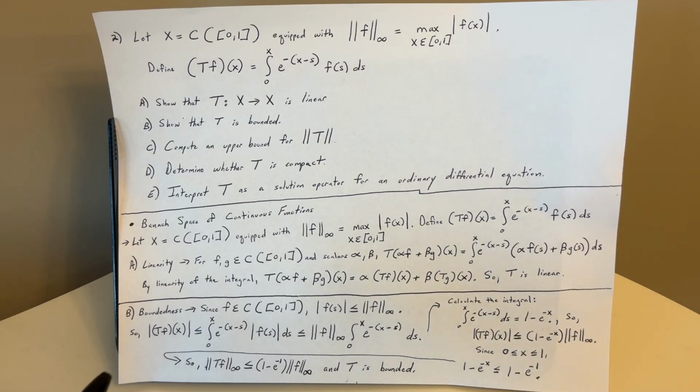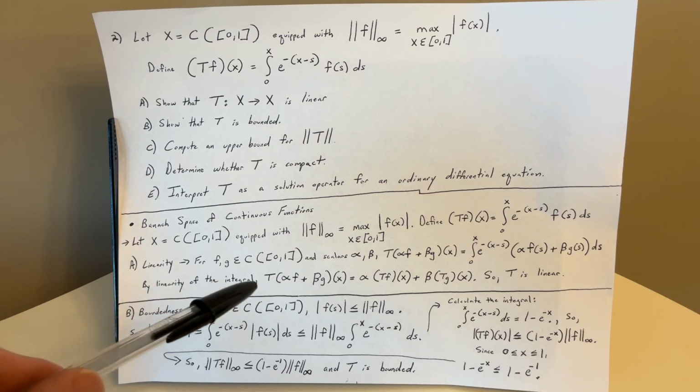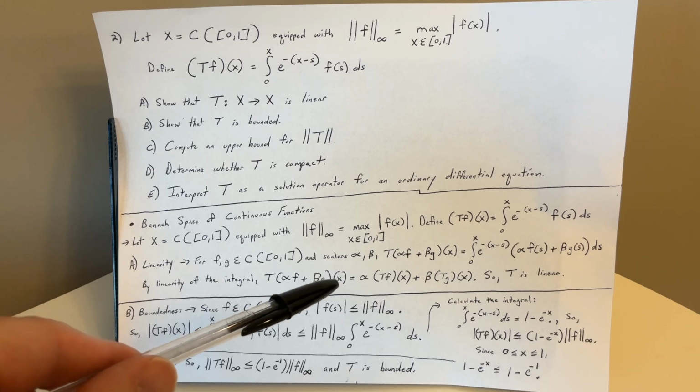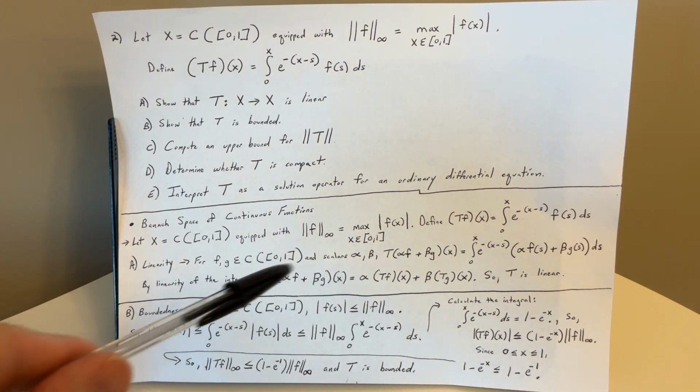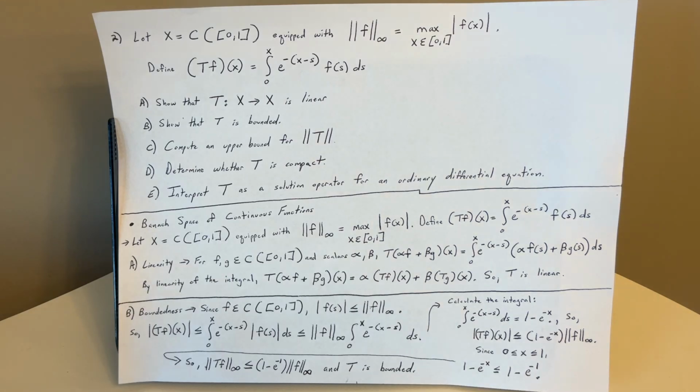By linearity of the integral, a single variable integral, we get that T applied to alpha f plus beta g at x equals alpha T applied to f at x